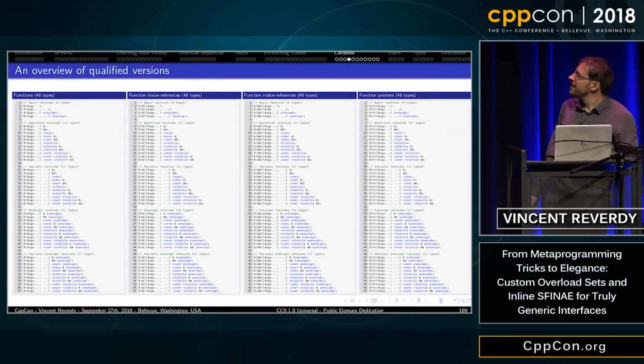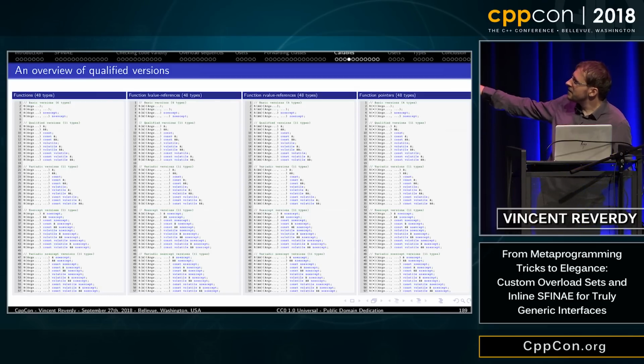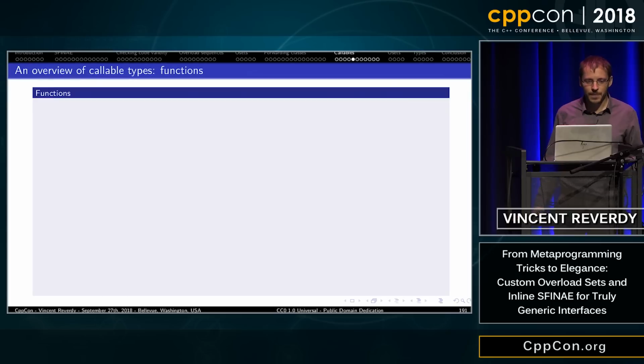Which means that you have all these different types. The first ones are the regular qualified functions with all the types of qualification. Here it's L-value reference to function, then R-value references to function, then function pointers.